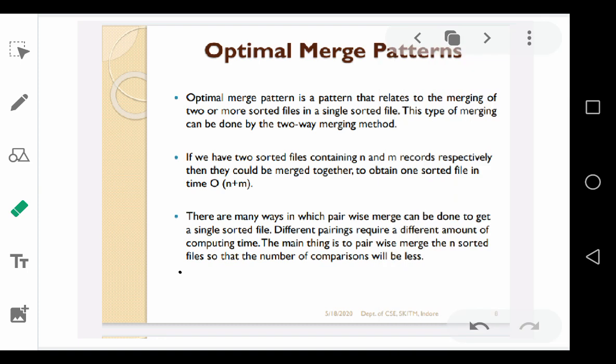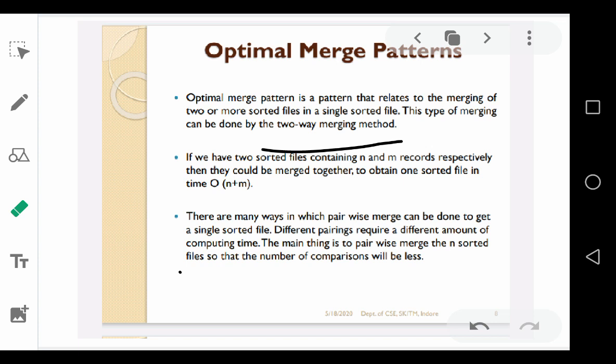Let us see what an optimal merge pattern is. Optimal merge pattern is a pattern that relates to the merging of two or more sorted files into a single sorted file. This type of merging can be done using the two-way merging method. Suppose two or more files need to be merged into a single file,